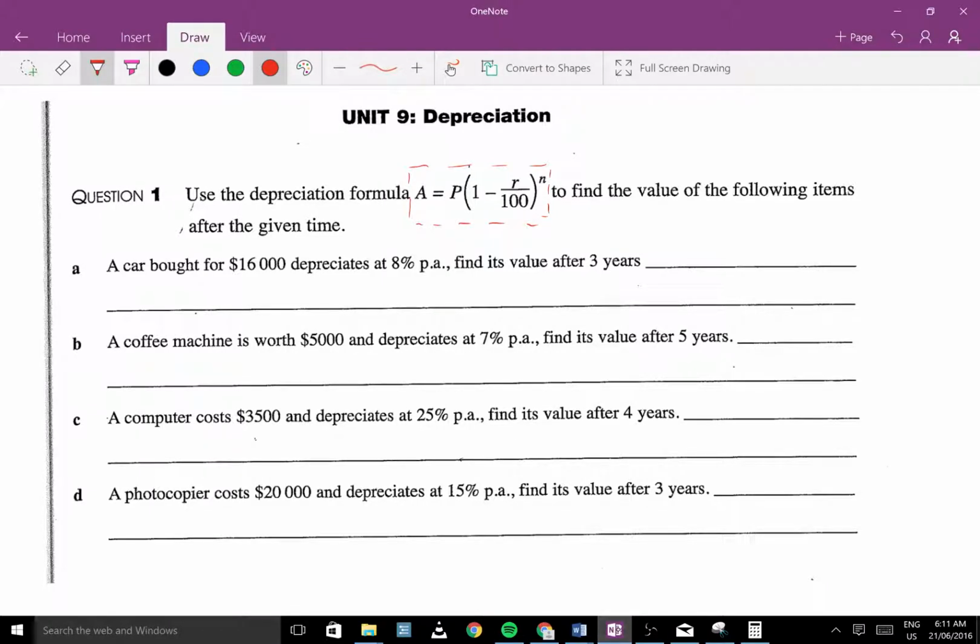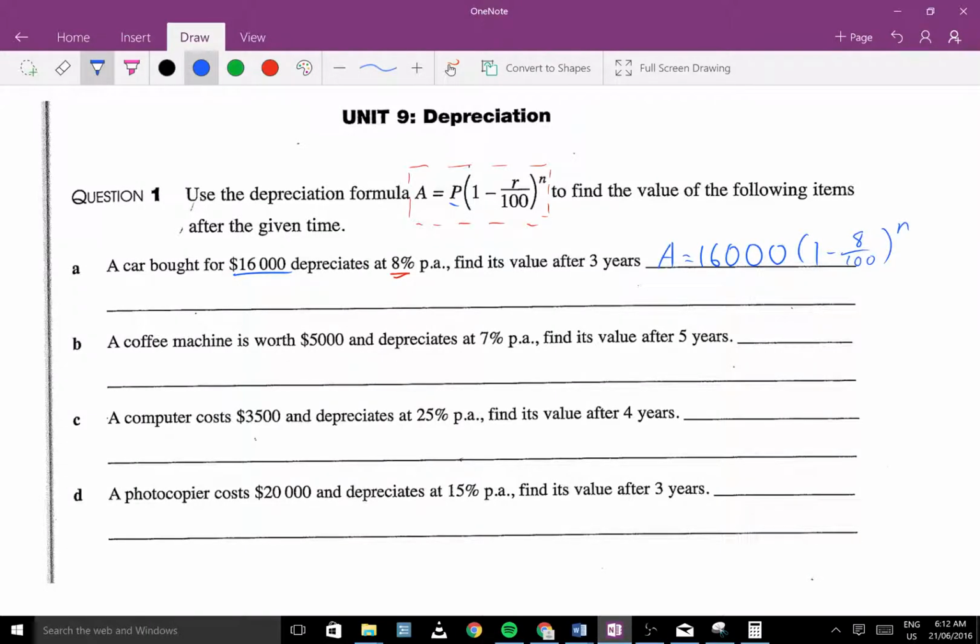Okay, so the way I like to do it, with 8% per annum, is to start off with this number here and rewrite the formula. So A, what we're trying to find out, the amount stuff is worth, equals 16,000. That's the principal, P, 16,000, times (1 from the formula, minus 8 over 100)